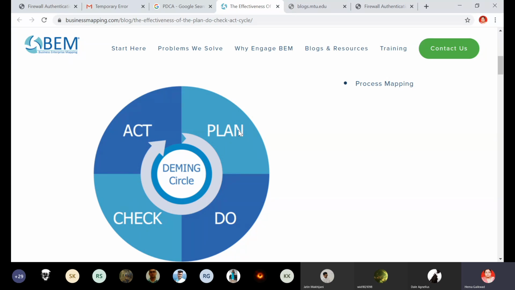So suppose, what is the first phase of PDCA? The first phase of PDCA is plan. Now the thing is how you apply this PDCA to any process, or how you apply this PDCA to the stakeholder management process. So step number 1 is planning. In the planning phase, first we will identify which selection technique we will use.